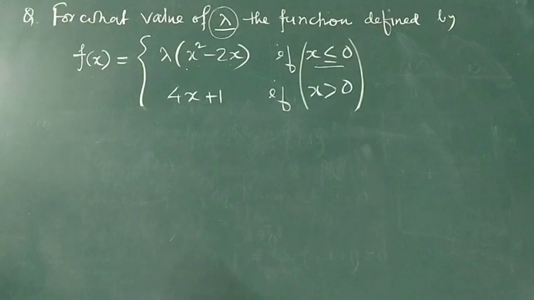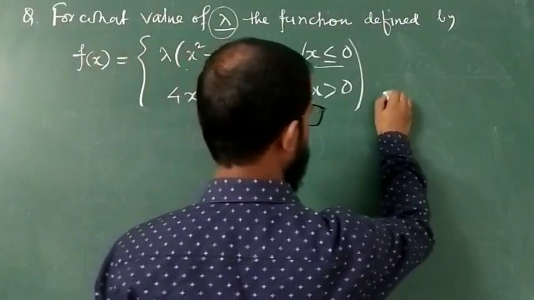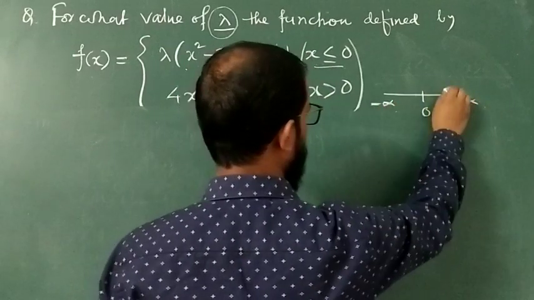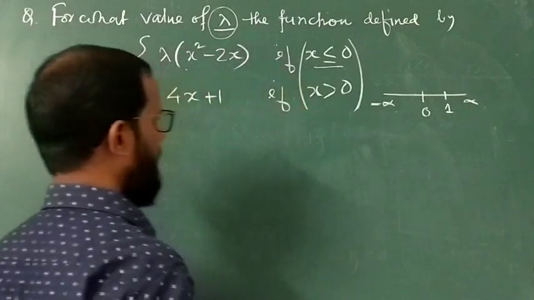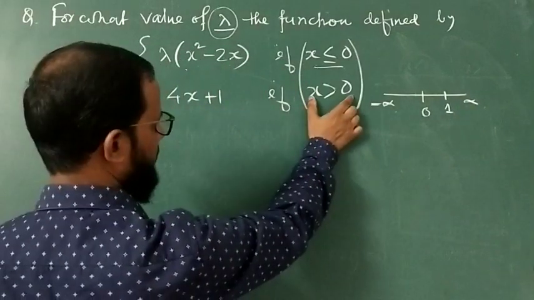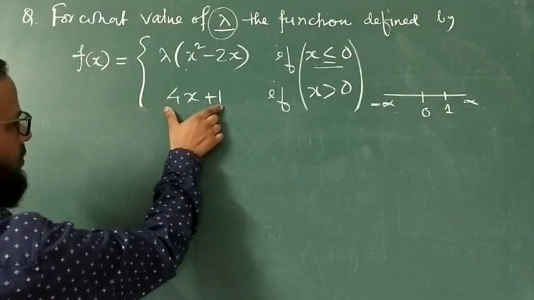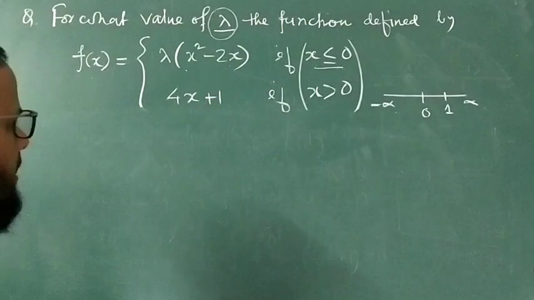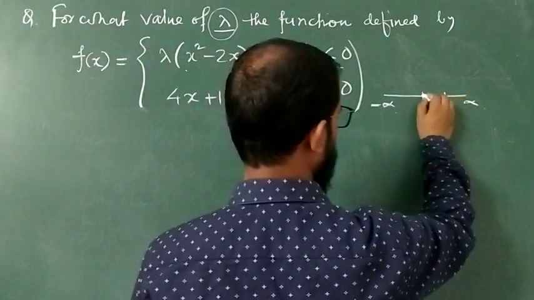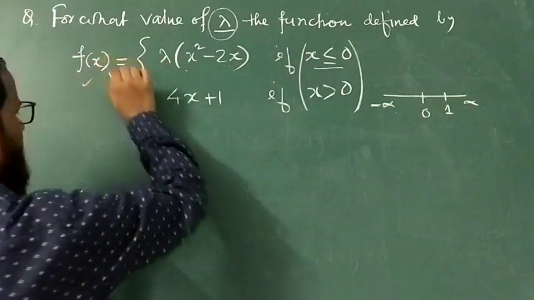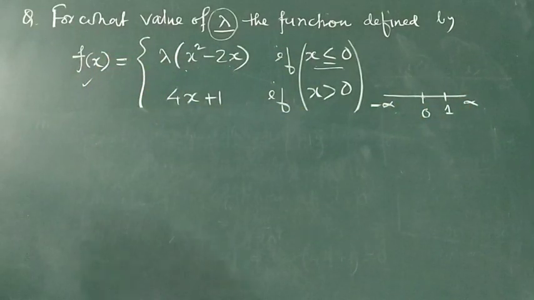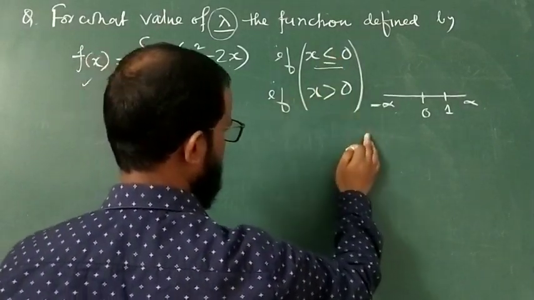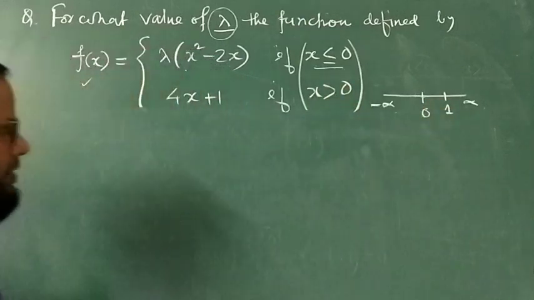At x equal to 1, where will x be found? Your number line, you see this is your number line, this is 0, this is positive infinity, this is negative infinity, so 1 will lie here somewhere right of 0. Now let us see for x greater than 0 what is happening. For x greater than 0, f(x) equal to 4x plus 1, which is a polynomial function and hence continuous. मीन्स 0 से इन्फिनिटी तक जितना नंबर है सब नंबर में ये फंक्शन कंटिन्यूस हो रहा है. तो उसको हम चेक करना काफ़ी आसान है। इसमें डायरेक्टली x इक्वल टू 0 दिया गया तो लेफ्ट हैंड लिमिट राइट हैंड लिमिट यूज़ किया, इसमें नहीं दिया गया तो हम उस हिसाब से कर सकते हैं।